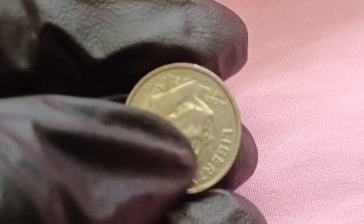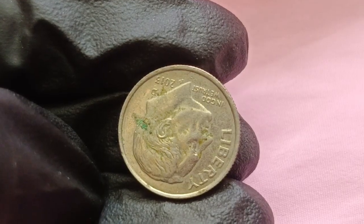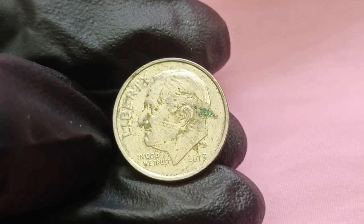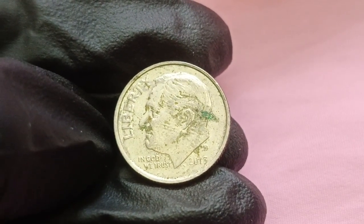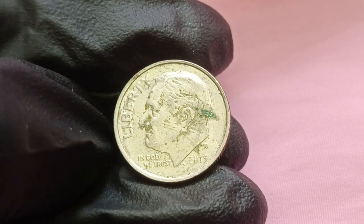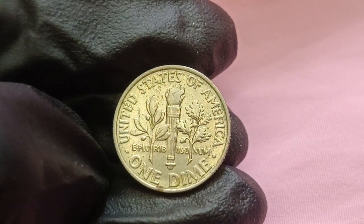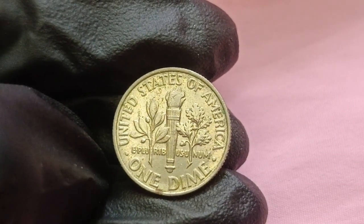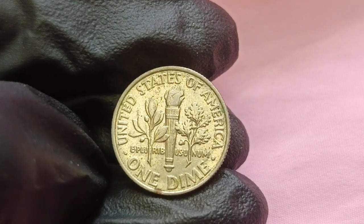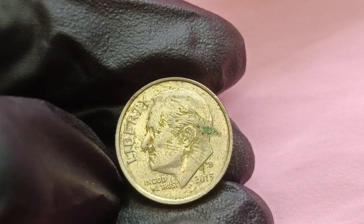But here's what makes this story even more fascinating. Experts believe that at least one or two more of these era dimes may still be circulating in everyday commerce, possibly sitting unnoticed in someone's change jar, tip jar, or forgotten piggy bank, waiting to transform an ordinary person into an instant multimillionaire. Which means that every single 2013 dime you encounter could potentially be your ticket to unimaginable wealth